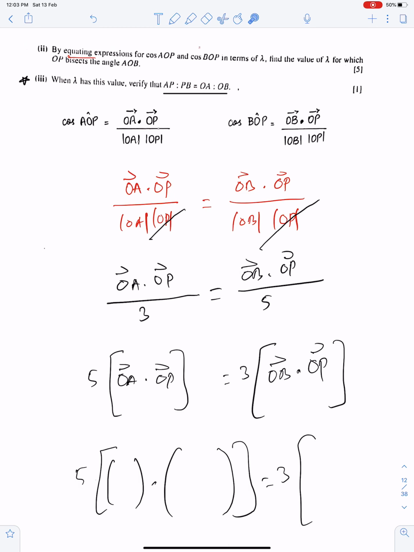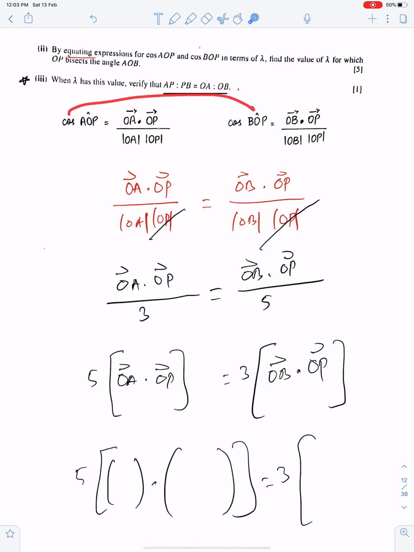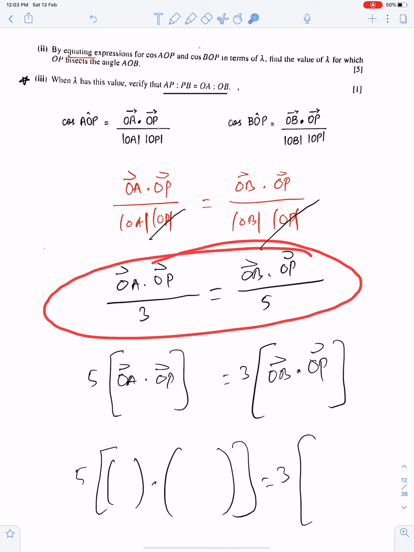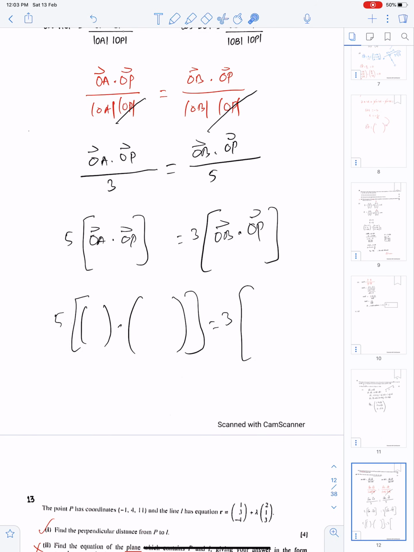Well, by equating these two cos, find lambda, given that OP bisects angle AOB, meaning these two angles are equal. So cos AOP is this and cos BOP is this. You just need to equate these two and cancel the magnitudes. Remember, you can only cancel the magnitudes, you can never cancel the vectors. Don't cancel these two vectors. So by simplifying and solving this, we can get the value of lambda, and the value of lambda is